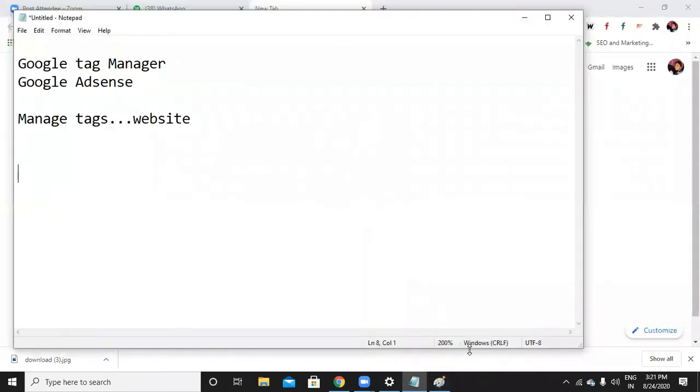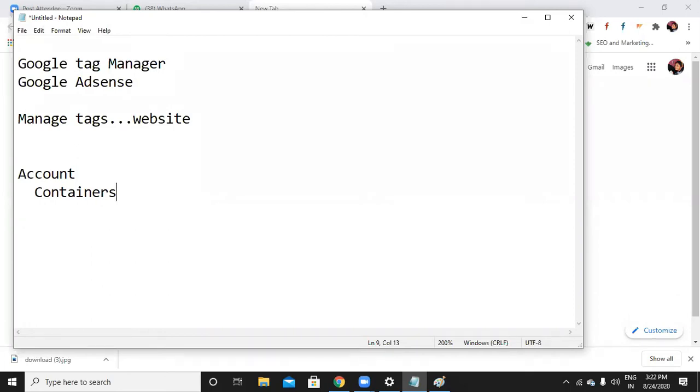So I'll just show you the structure of Google Tag Manager. You can create an account. First thing, you have to create an account in Google Tag Manager, then you have to create a container. In Google Analytics, we create an account and then properties under that account, yes or no?